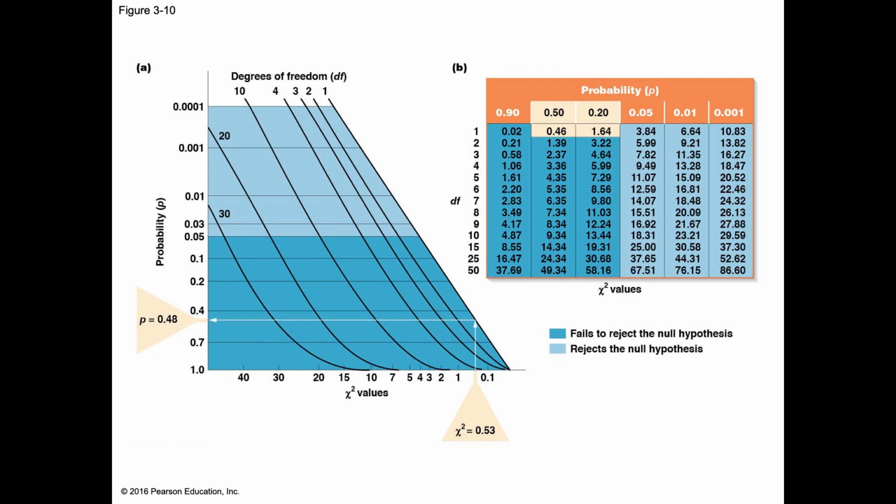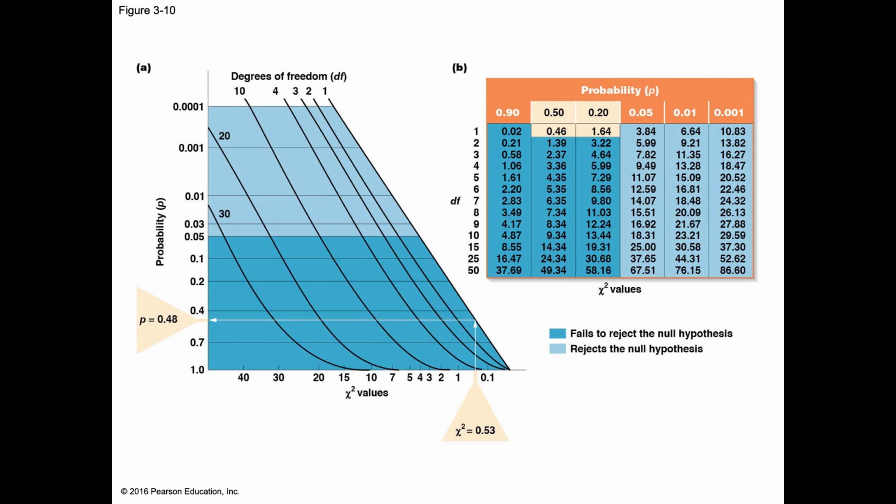So you can have a very detailed chart. This one is kind of summarized. And then it tells you the probability, where 1 would be the highest number you could have. And so our 0.53 fits somewhere in between 0.46 and 1.64. If I recall that previous slide correctly, I think it said something like the p-value was 0.48.